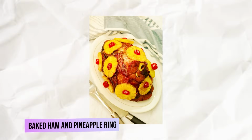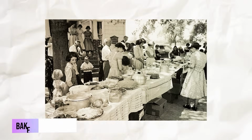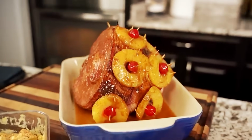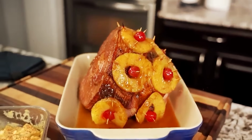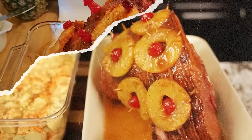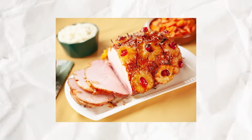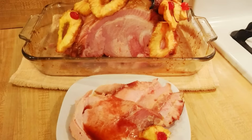Baked ham and pineapple ring was a popular festive dish that often graced 1950s church potluck tables during holidays and special occasions. This recipe featured a spiral-sliced ham baked with pineapple rings arranged on top, secured with maraschino cherries in the centers. The combination of the salty, smoky ham with the sweet, tangy pineapple created a harmonious balance of flavors